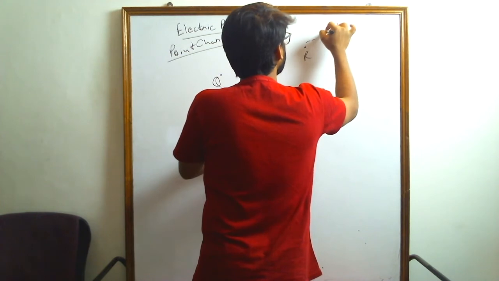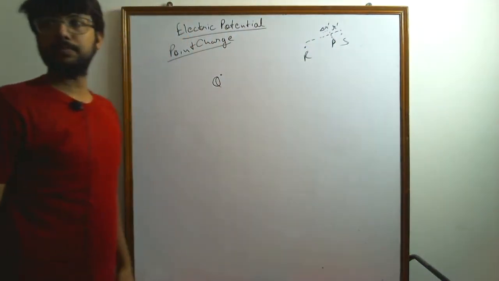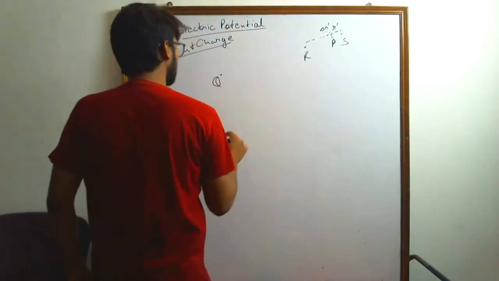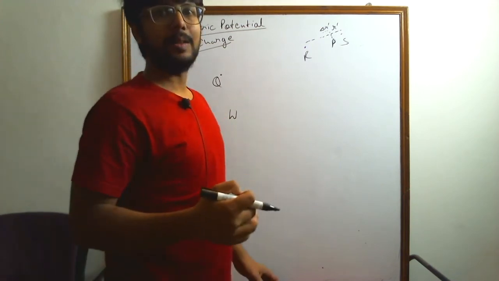R dash, and it moves delta R dash further. Now once I've understood this, now I will try to create the work done. So how much would be the work done? Work done is simply F